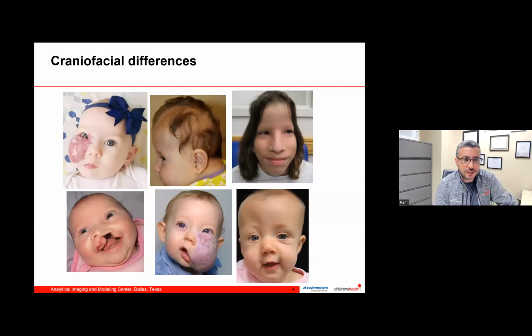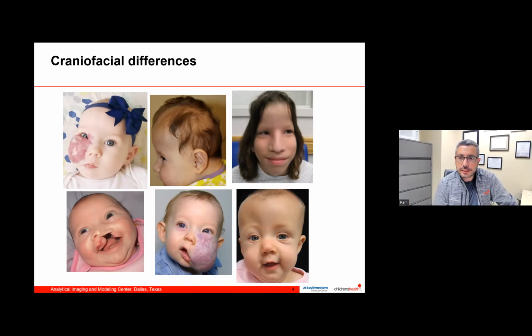Now, if I give you pictures of patients that have craniofacial differences, and I ask you, what is different about these patients? What makes them look different? Your brain might recognize these differences, and you might be able to recognize what is going on. But if I ask you to describe this in either writing or a computer program, it becomes very difficult. The task goes from seemingly easy to very difficult. And why is that? Why can we not articulate or write a program to describe these differences? And how can we make the computer much better?